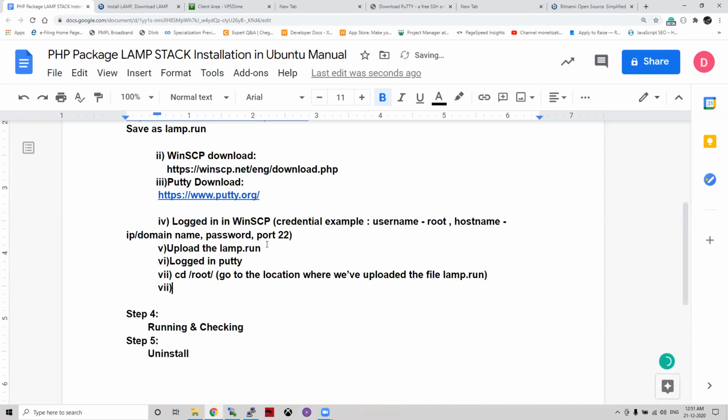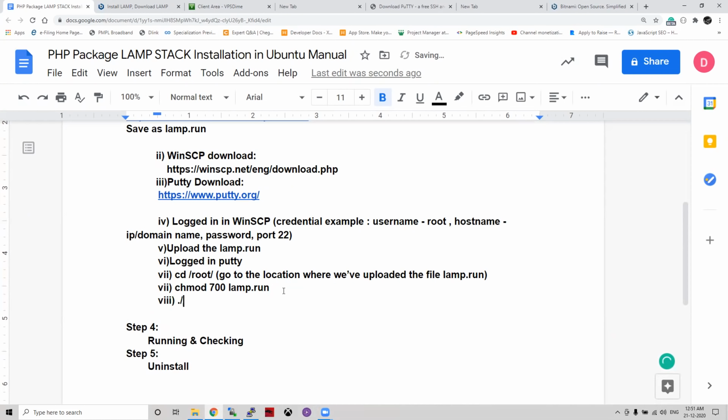In the eighth step, we changed the permission of lamp.run, because it should have the execution permission, at least this permission. To change the permission, we used chmod 700 lamp.run. If you want to understand chmod 700 in depth, we will have a different session for that. Please comment if you need it, and we can discuss it separately and dedicatedly, because there are a lot of topics there. If you have any problem, please comment. After the change, it now has the permission of execution.